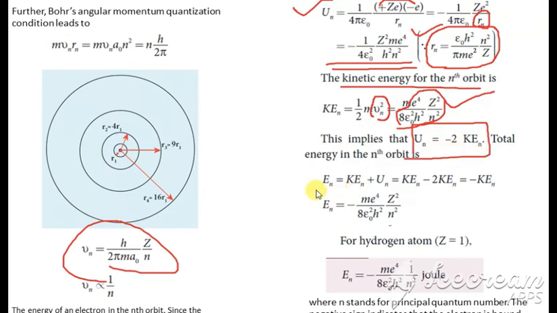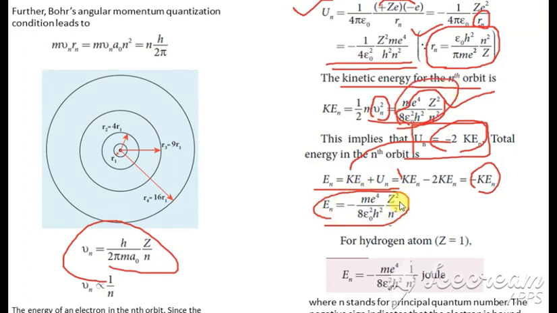Now we have to find the total energy, which is kinetic energy plus the potential energy. So kinetic energy as it is, and potential energy is minus 2 into KE. So this is 1 minus 2, which is minus 1, so minus KE. So minus of this value gives the total energy. Now substituting the value of Z is equal to 1, we get this to be the total energy of the particle based on the